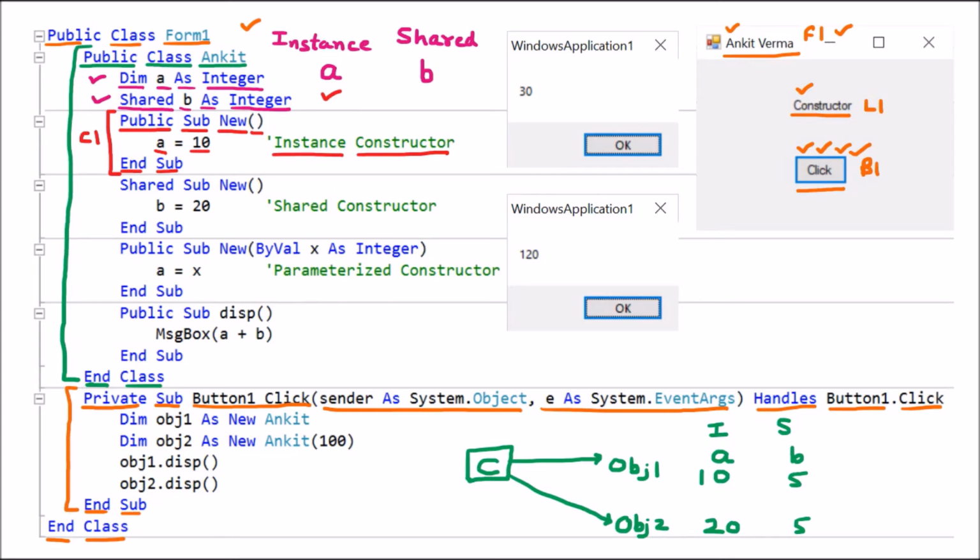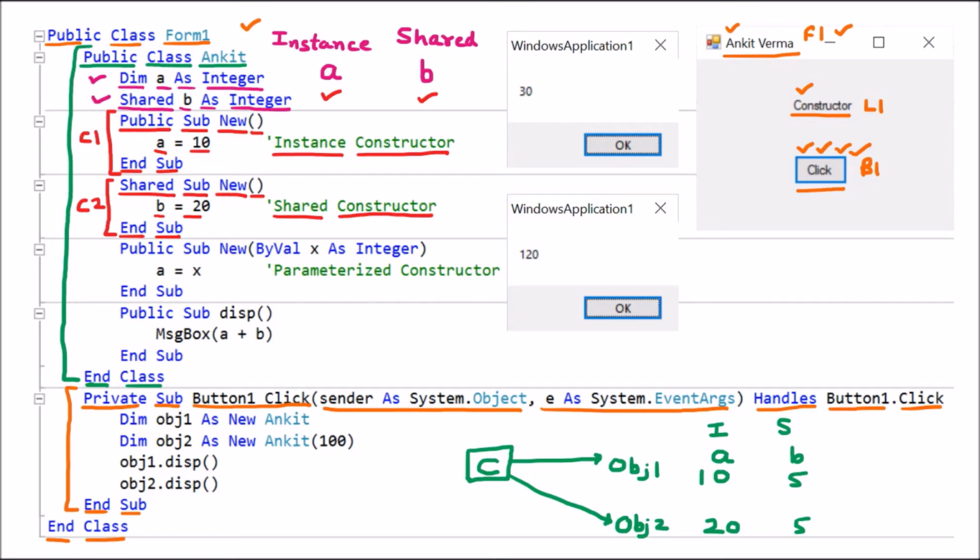Now we are going to the next. Again we have this New with the brackets. That means it is the constructor. So we define it as a constructor. Sub means no return type, which is void, and here it ends with End Sub. We are using the keyword Shared, and Shared means it is going to initialize the shared variables. So here we can see that b is equal to 20, and b is of which type? B is the shared variable. So any constructor which is initializing the shared variable is called the shared constructor. So we have created constructor 2 here. Now this is constructor 2.